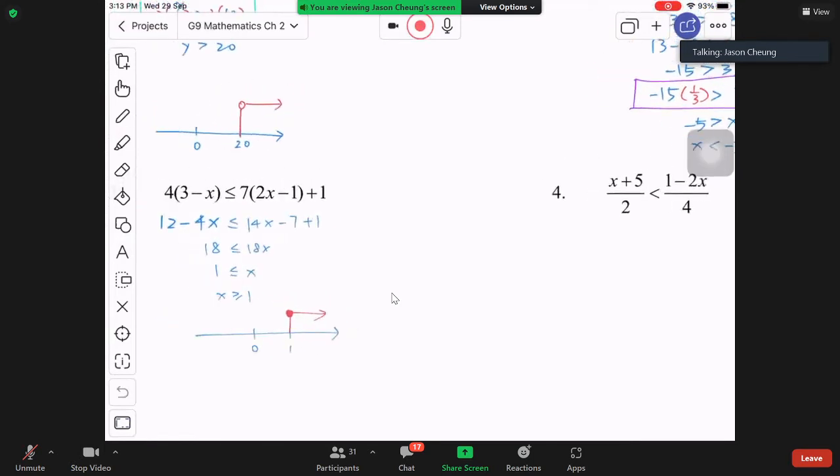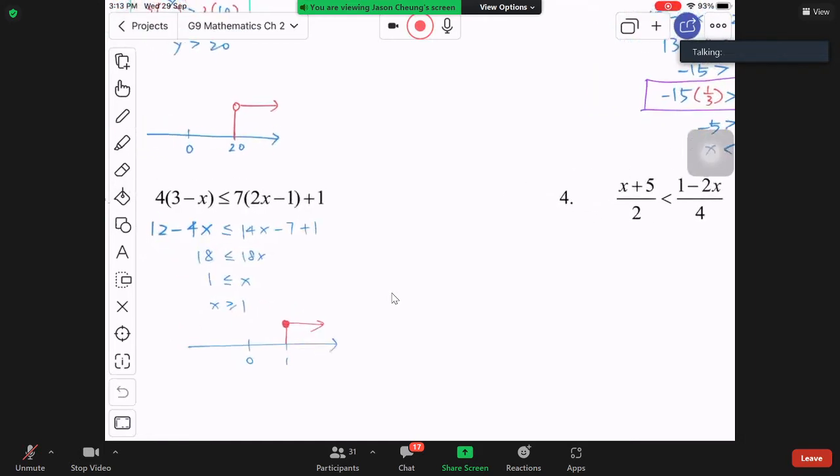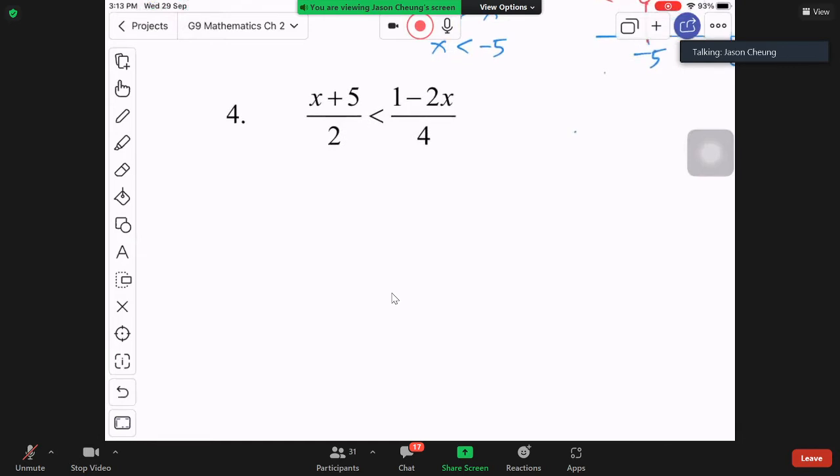If no, and then we go to the final example, and then I will let you do the other questions here. All right, final example is number 4. Here, number 4, we encounter two fractions here. Therefore, what we need to do is to remove the denominator. So how can we remove the denominator? 點樣令到項目冇咗呢？